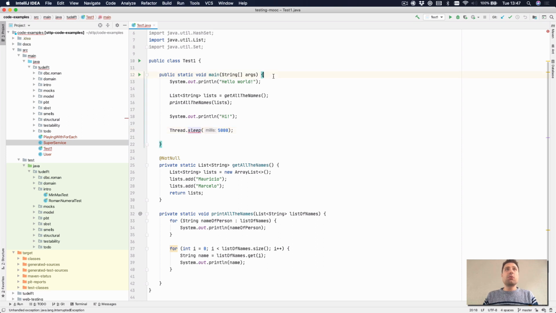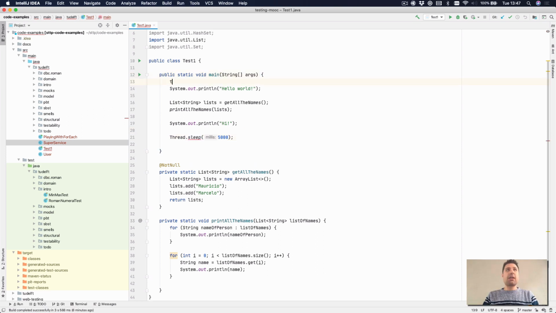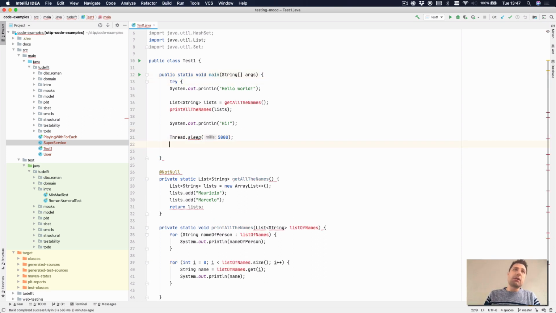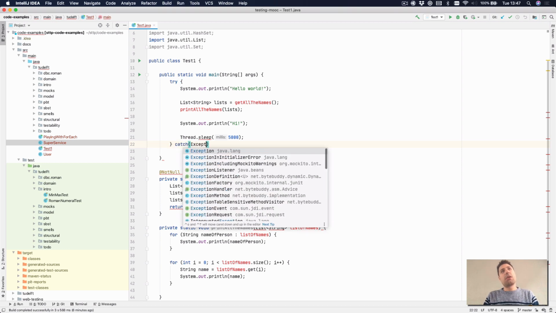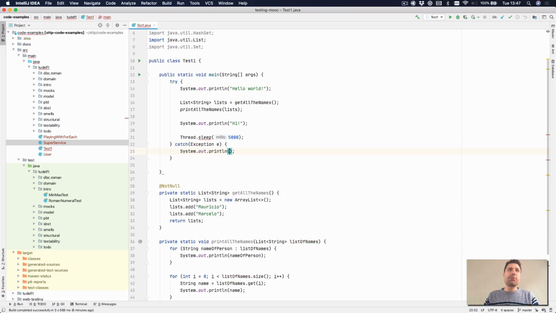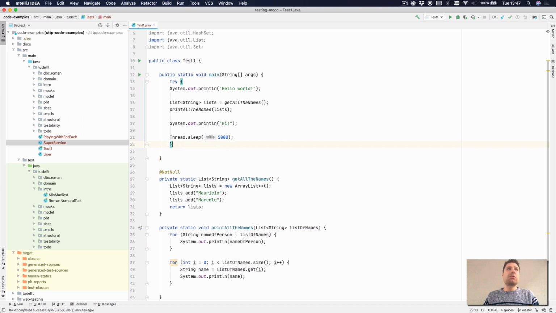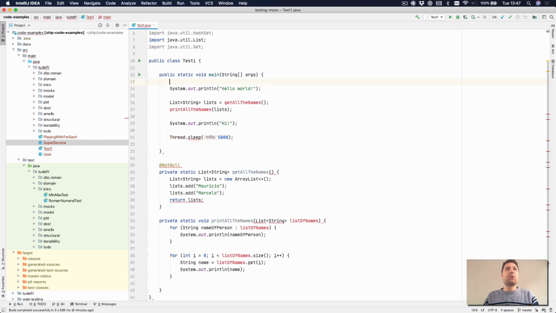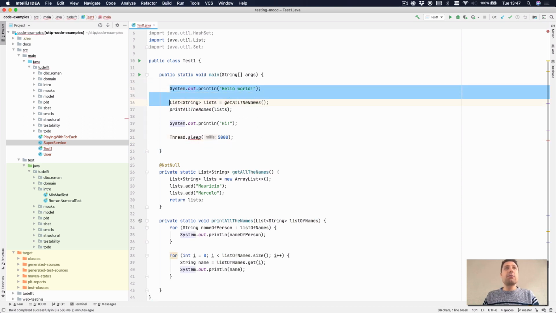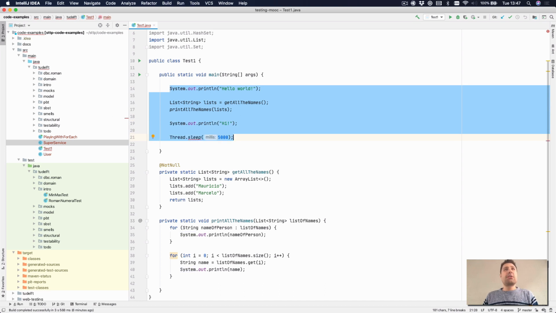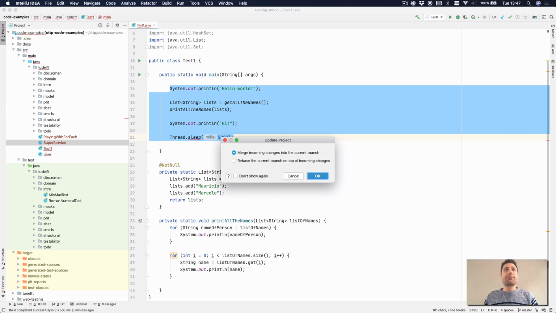And one way to do this would be, let's suppose I want to put the entire block in the try catch. I would have to do try, enter, catch, exception, and so on, right? That takes too much. So what we can do is to use the surround with function. I basically select the piece of code I want to put inside of a block, and I do Command